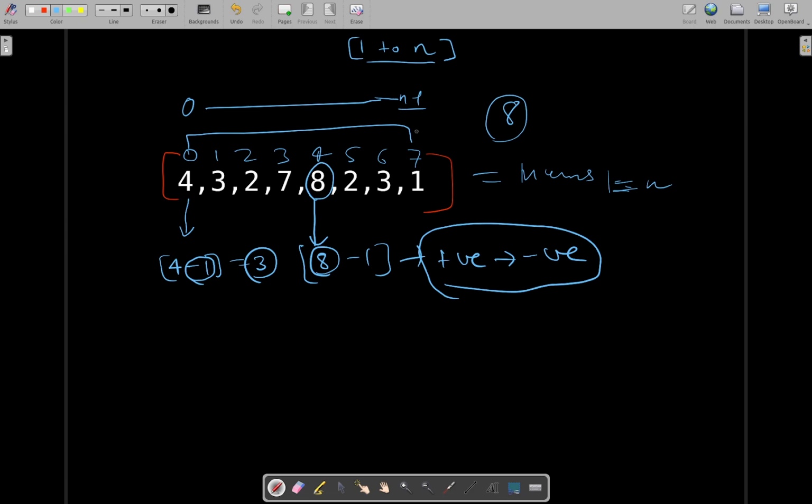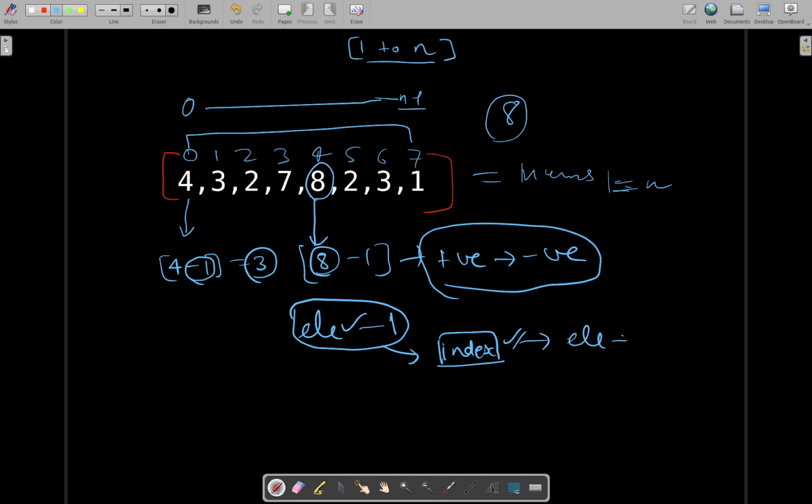So with this help, whenever we are visiting an element and we subtract 1 from that element, we will get the index. So at this index, if there is an element which is already negative,